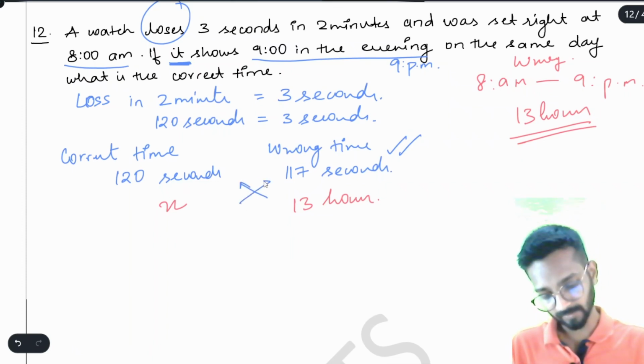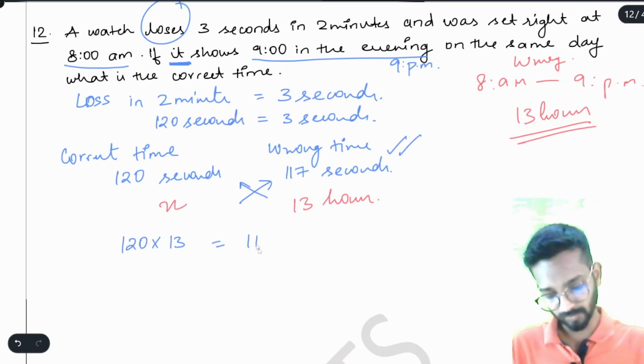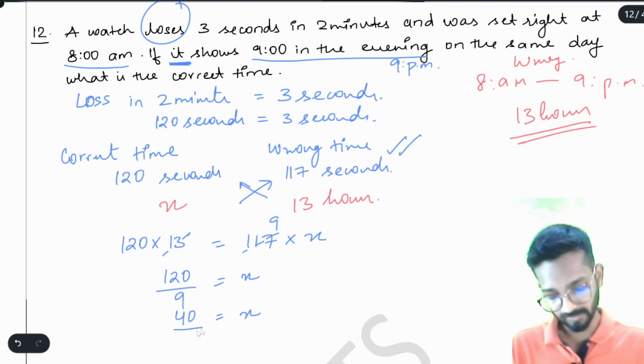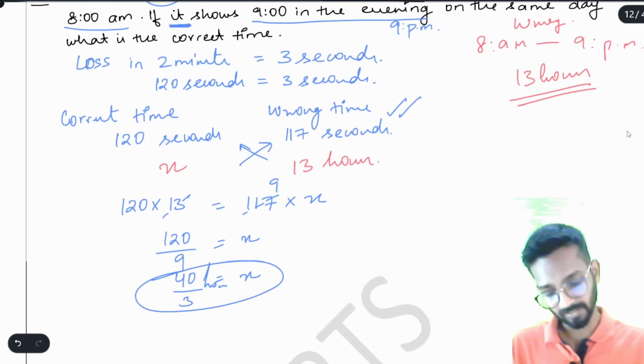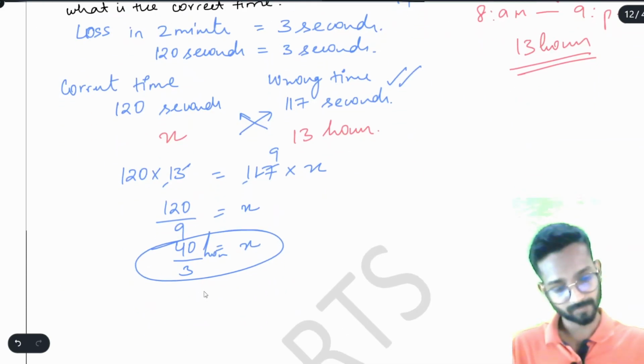Cross multiply: 120 multiplied by 13 is equal to 117 multiplied by x. We know 13 9s are 117, so x will be 120 by 9, that is nothing but x is equal to 40 by 3 hours. That is, x is equal to 13 1 by 3 hours,